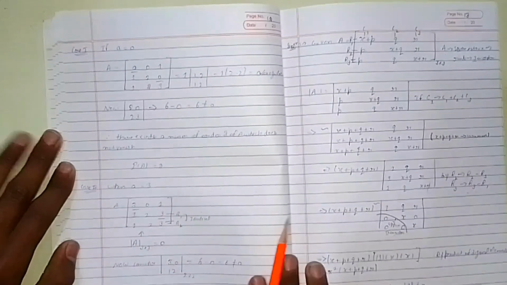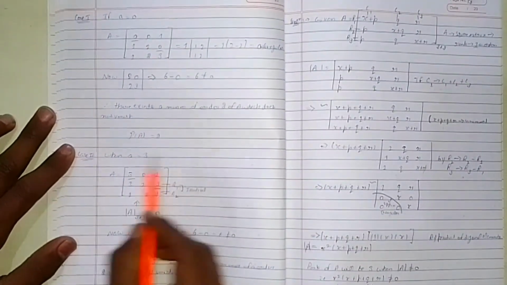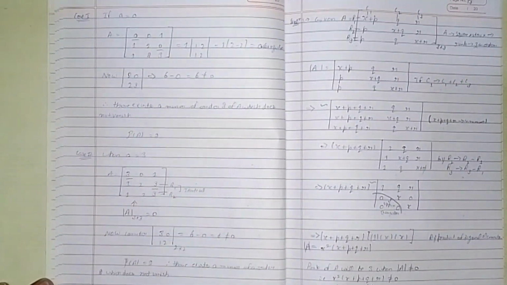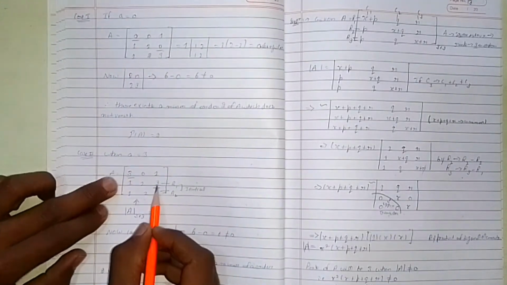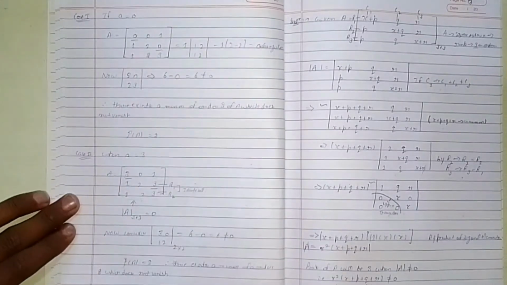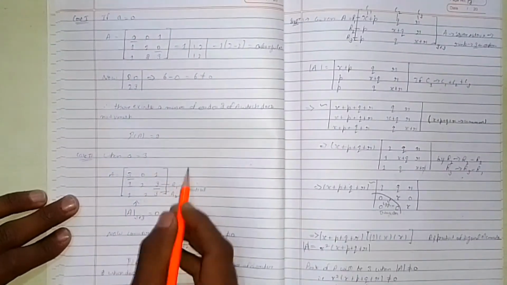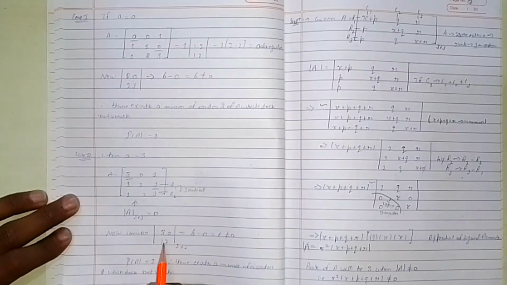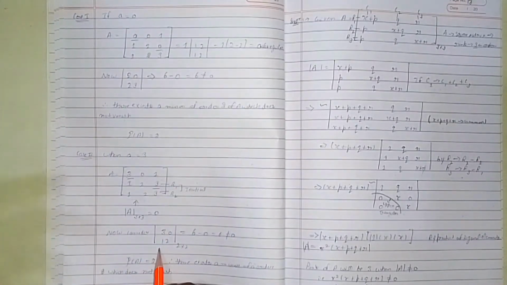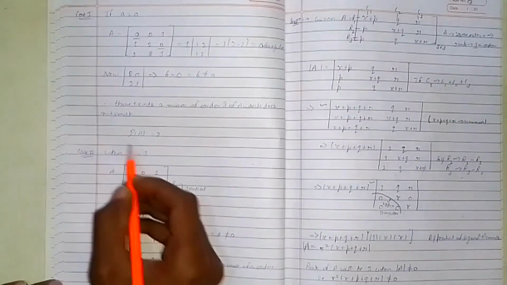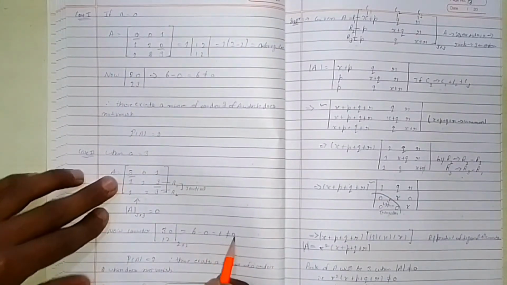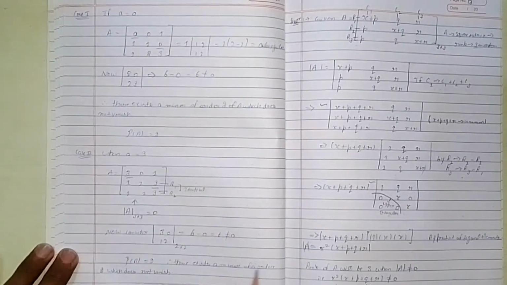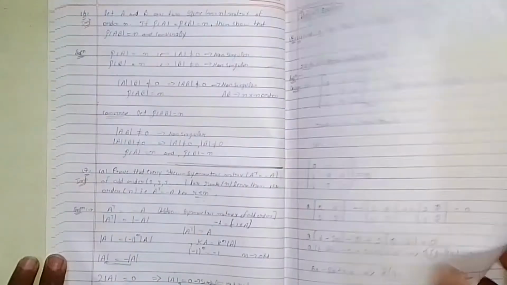Okay. And when A is equal to 3, we got 2 answers, so we have to solve for A equal to 3. I am writing 3 in place of A. Now I got 2 rows identical. That means mod of A is equal to 0. So I am considering a minor of this which is non-zero: 3 into 2 is 6, 1 into 0 is 0, 6 minus 0 is 6. Rank of A is equal to 2. There exists a minor of order 2 which does not vanish. Is it important? No, it's not an important question.